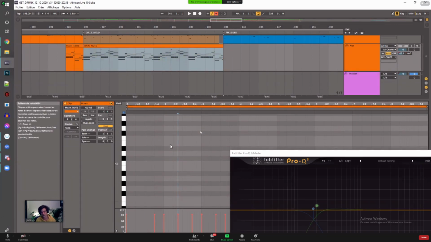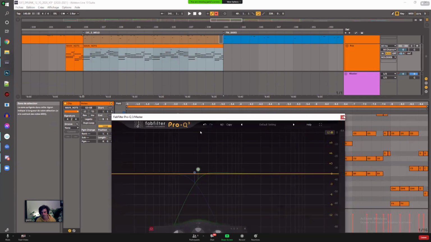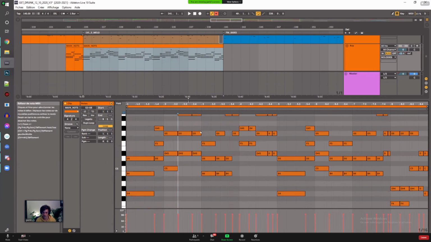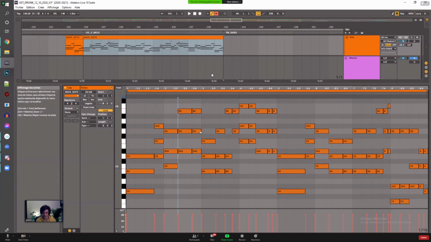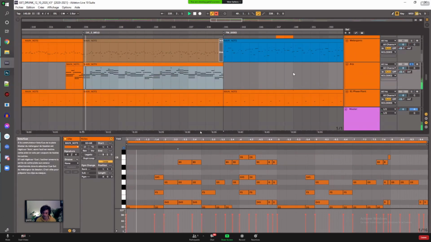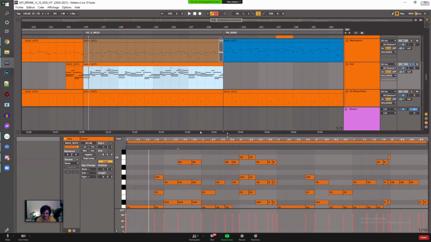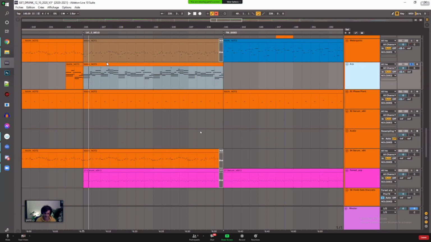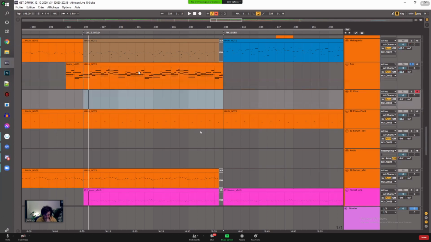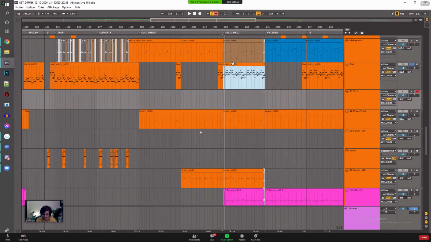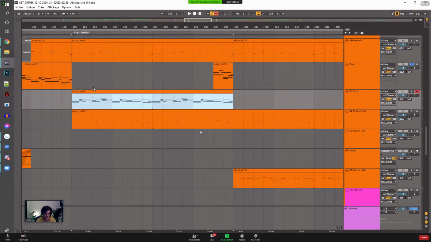Basically, when I start a track and I want to find an idea, I always go from some chords. I make my chord progression working on its own. And then from there, I build everything else from that main chord progression. Maybe you want me to show that, what I showed last year, how I go through the whole process of creating a chord progression, a melody, making stuff fit together in a harmonious way. I don't know if you guys are interested or not.